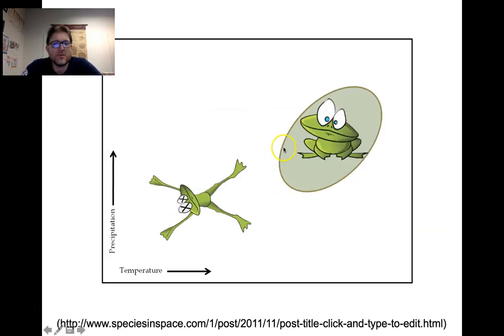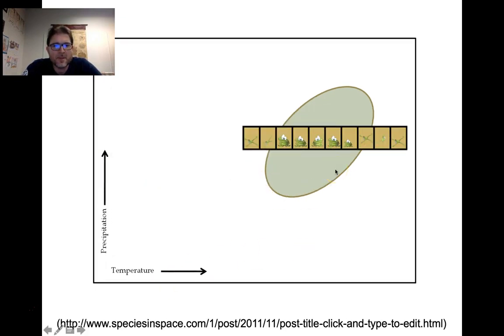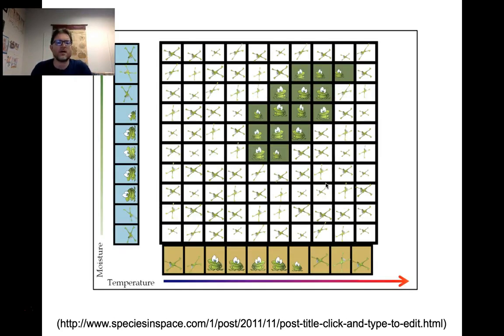And then you can put those two things together. So you have a range of temperatures within which the frog can survive, and then you have a range of precipitation within which the frog can survive. So you can grow the frogs more accurately under different combinations of temperature and moisture and find the exact combinations within which the frogs can survive and those within which they die. Then you can start to generate that circular pattern of the combination of moisture and temperature within which the frog can theoretically live without dying.